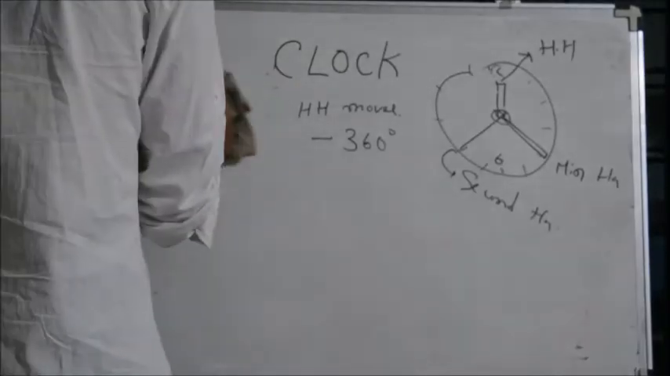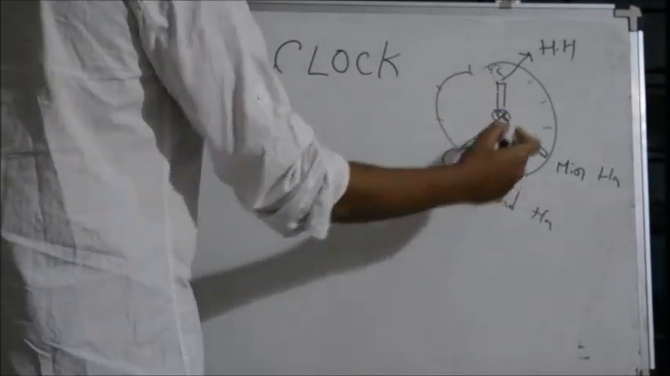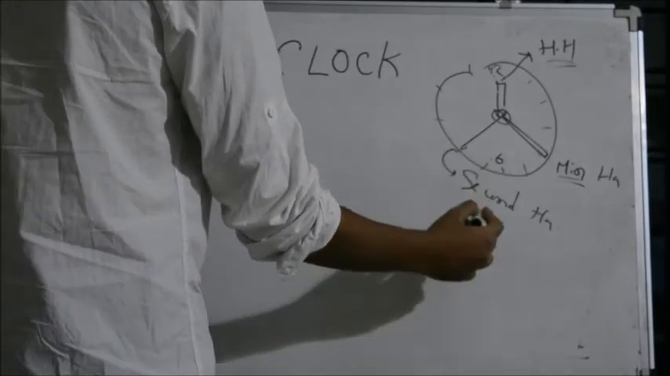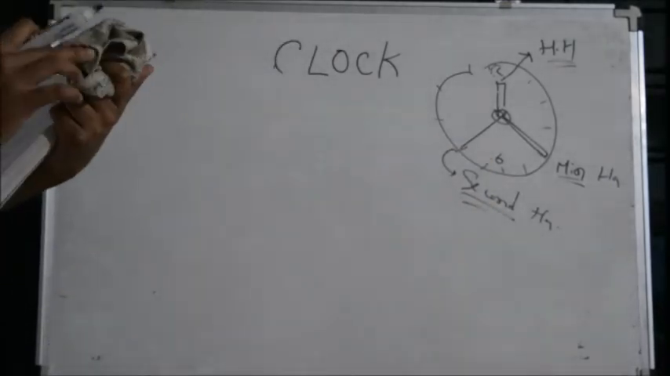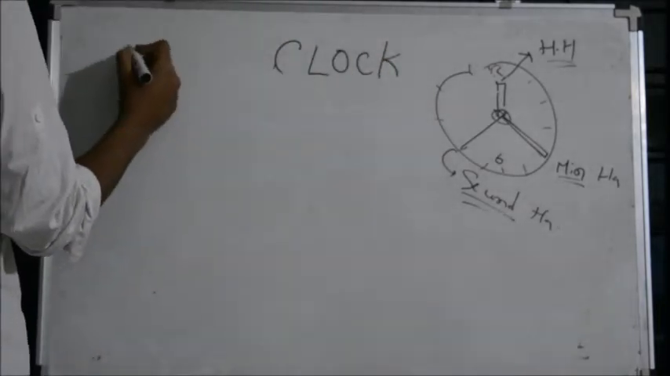So let's start with the clock. In a clock, there are three hands. First is the hour hand, second is the minute hand, and third is the second hand. I hope everybody knows how to read a clock. Now, for the hour hand,